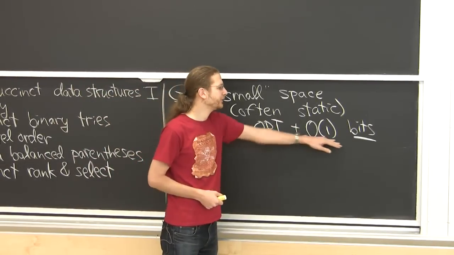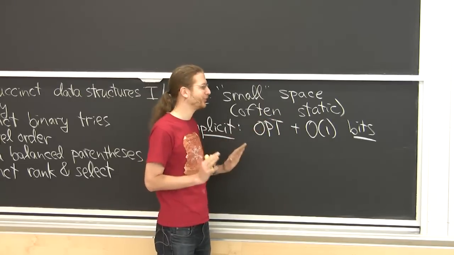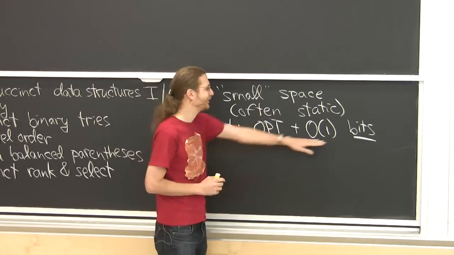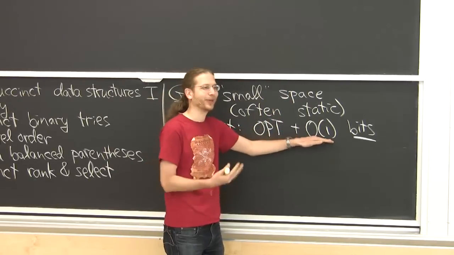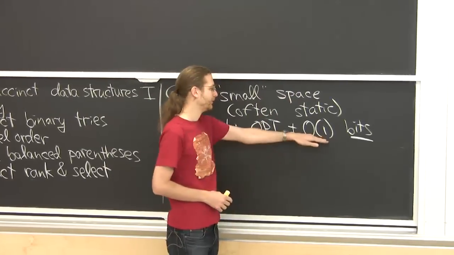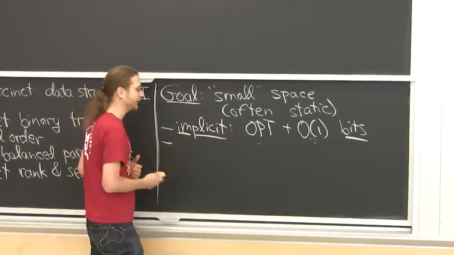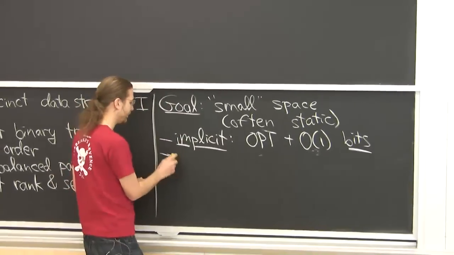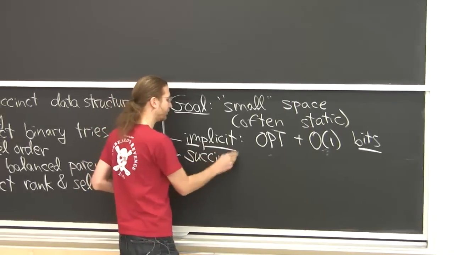The plus a constant is essentially because sometimes the optimum number is not an integer, and it's hard to store a non-integer number of bits, so you add a constant. I wouldn't mind too much if you added order log n bits or something, but typically the goal here is constant. Sometimes you can really get 0,